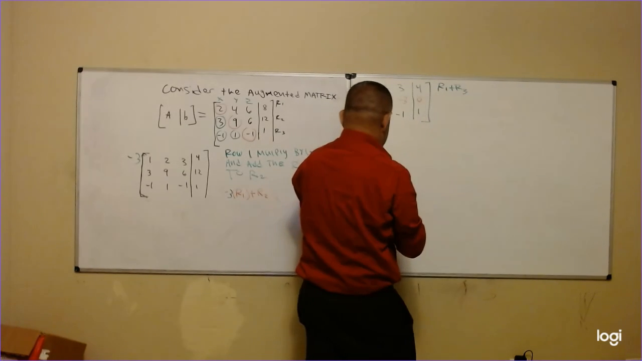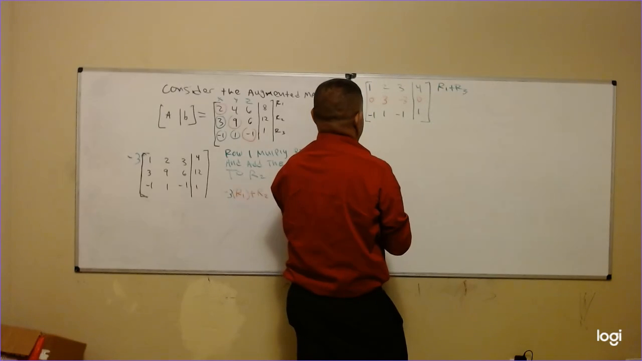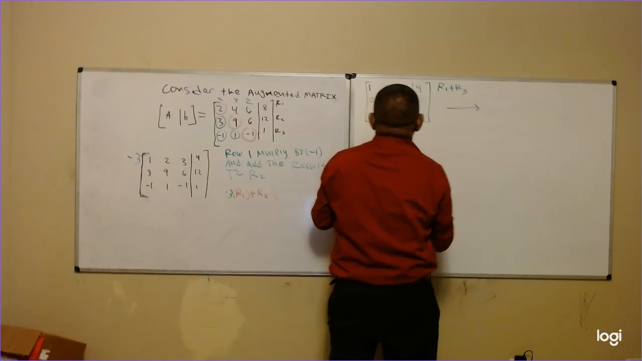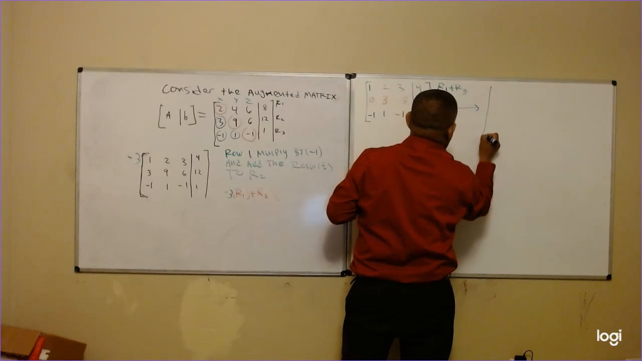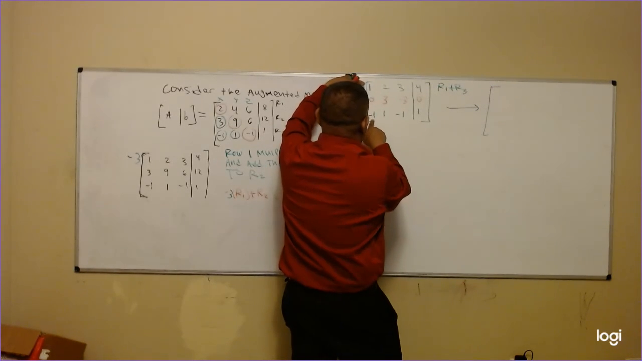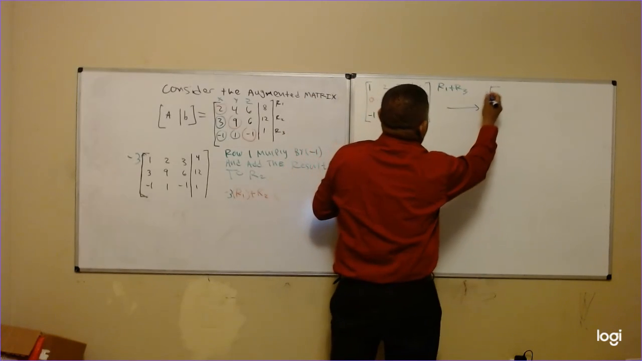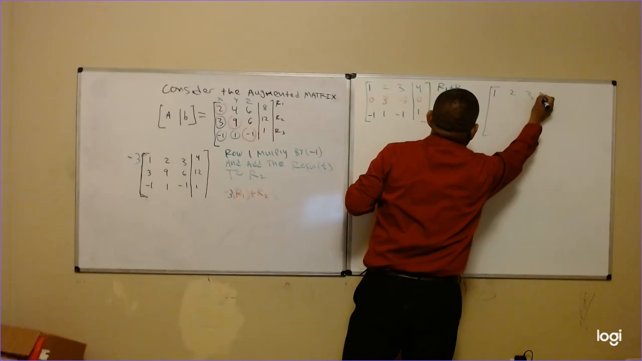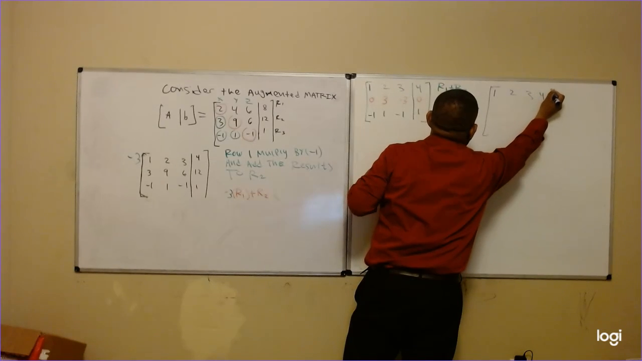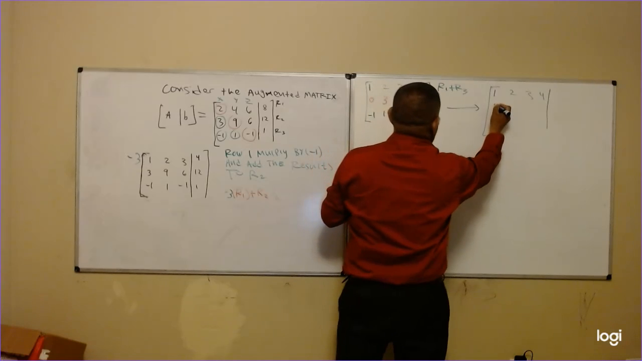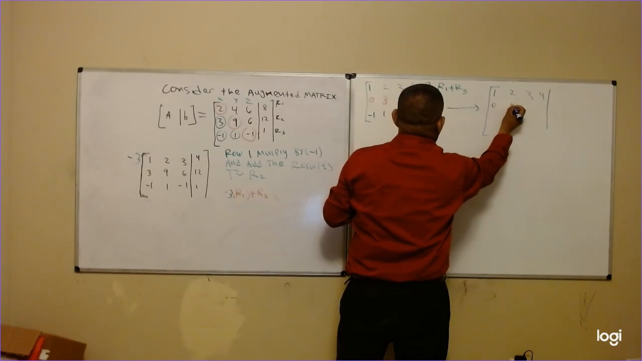So let me just rewrite everything back here. This is a lot of work. So here, I am adding row 1 and row 3. So that will be 0. Row 1 stays the same: 1, 2, 3, 4, right? And this stays 0, 3,